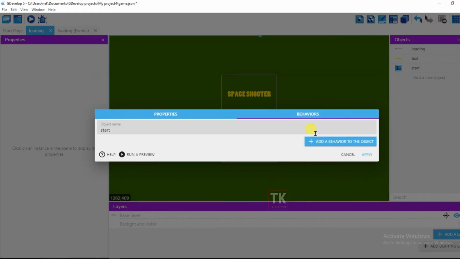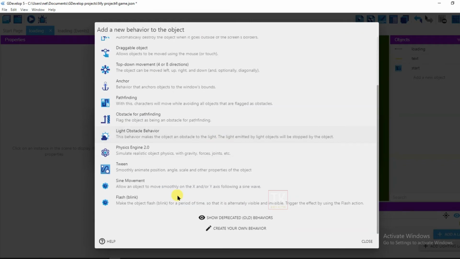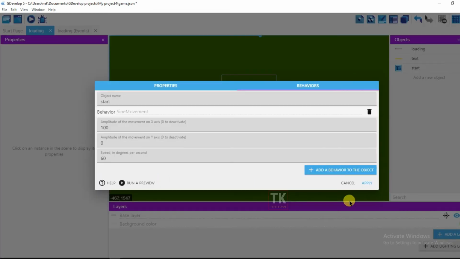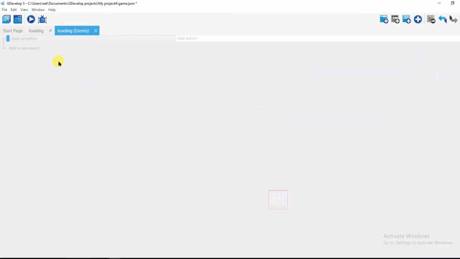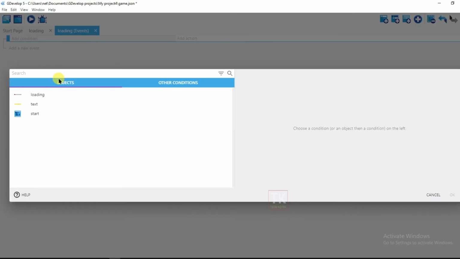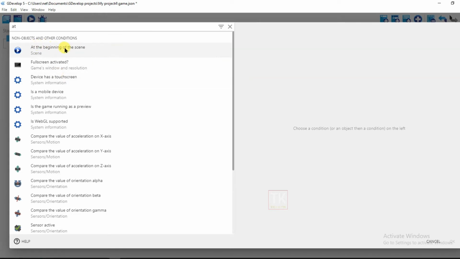go to behaviors, add a behavior, and it will be the tween movement. Then click on apply and now go to events and click on add a new event, add condition, at the beginning of scene, click here at the beginning of scene and then click on OK